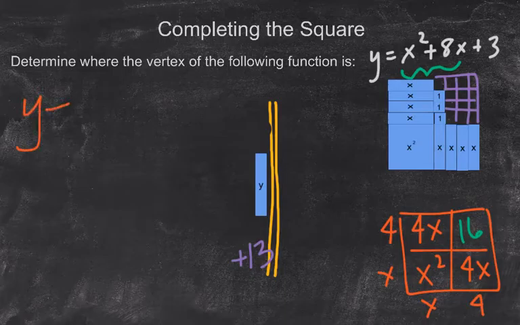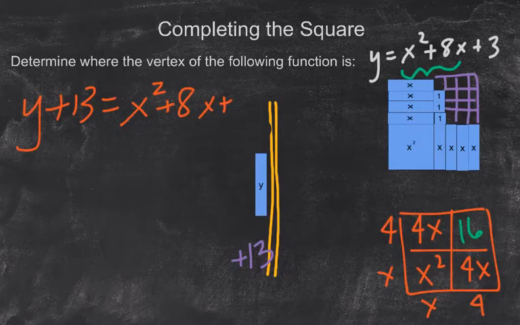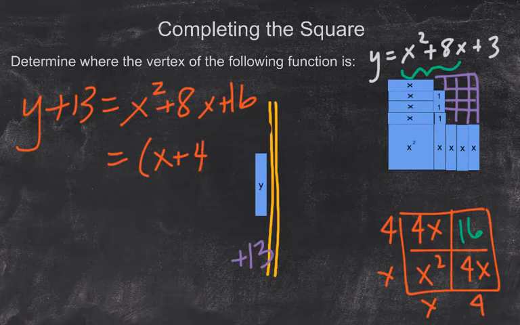So I've got y plus 13 equals x squared plus 8x plus 16, which is exactly the same as what's in my area model. So I can rewrite that area as x plus 4 times x plus 4,